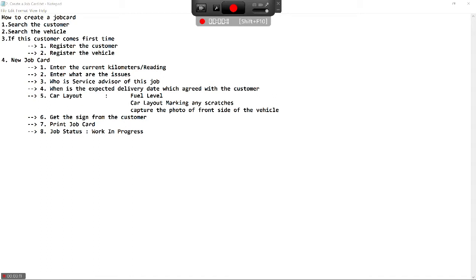Okay, see, whenever a vehicle comes for service, we want to know whether this car or customer came earlier. I mean, is this car or this customer already registered in our system or not, or are they coming for the first time? We want to know that first. So, step number one, we have to search